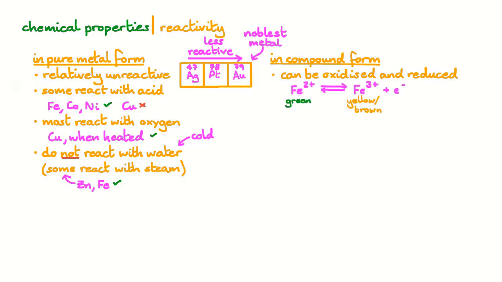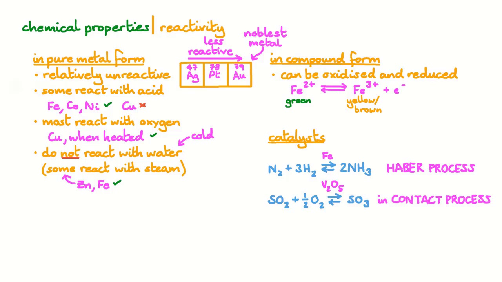For instance, we can oxidize Fe3+ to Fe2+, or reduce Fe2+ to Fe3+, switching between green and yellow/brown forms of iron ions. This behavior is partly what contributes to transition elements and transition element compounds being fabulous catalysts. For instance, iron is used in the Haber process to convert nitrogen and hydrogen gases into ammonia. And vanadium(V) oxide is used as a catalyst in one of the steps of the contact process, helping to convert SO2 into SO3. And there are many biological molecules that depend on transition metal ions in order to function,